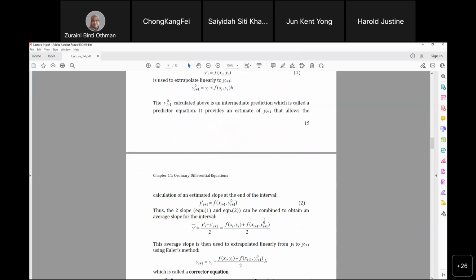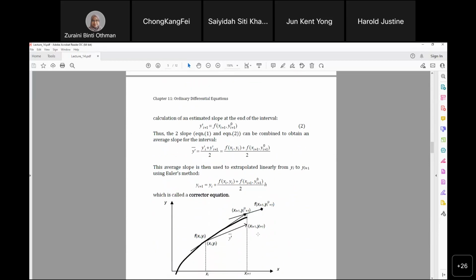Okay, when you want to solve for yi plus 1 here, dia guna ini. Which mean dia guna titik bahagi 2. Maksudnya dia guna gradient value of current gradient tolak value of current value plus apa previous value divided by 2. Which mean dia punya titik tengah kat situ. Okay, what is the general formula for Heun's method? Heun's method ni, nampak tak kat sini, ialah bila dia guna corrector punya approach, it's more closer to the